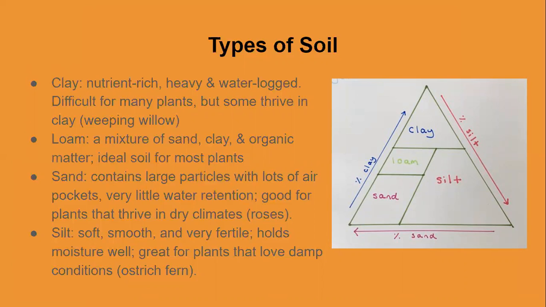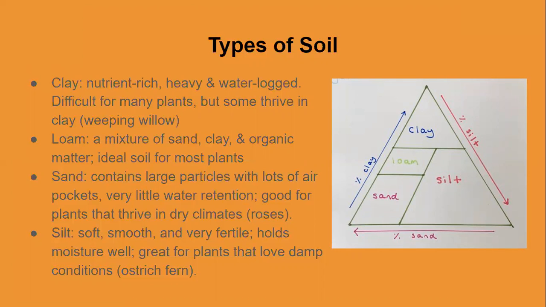So clay, very rich in nutrients. It's heavy, waterlogged. A lot of plants don't grow in clay, but some thrive, like the weeping willow. And then loam is a mixture of sand, clay, and organic matter, which is ideal soil for most plants. Sand contains large particles with lots of air pockets, very little water retention, and it's good for plants that thrive in dry climates like roses. Finally, silt is soft, smooth, and very fertile, holds moisture well, and is great for plants that love damp conditions